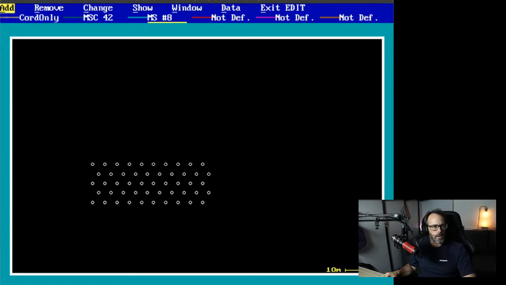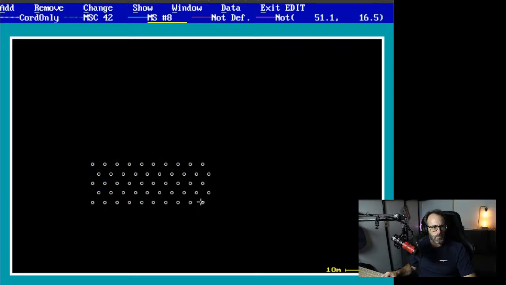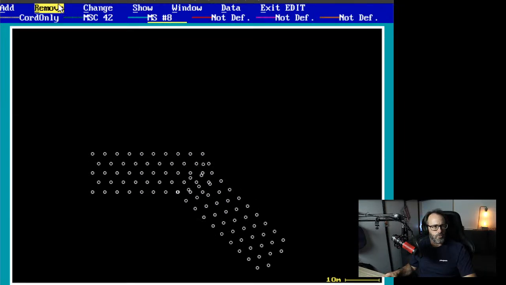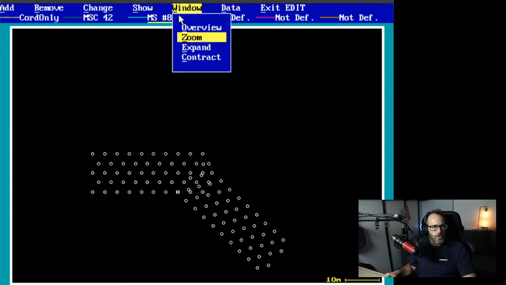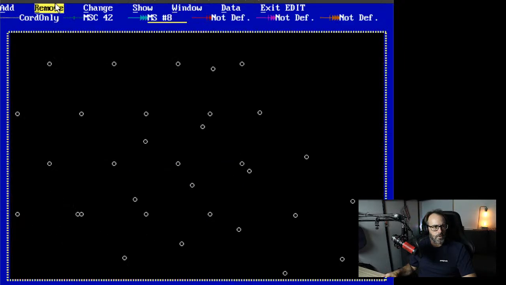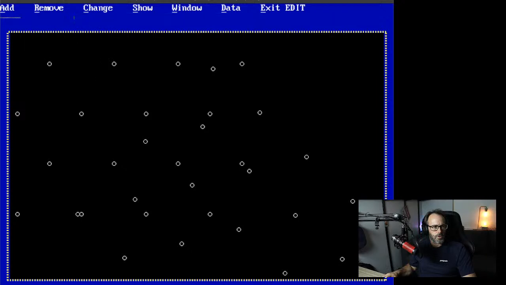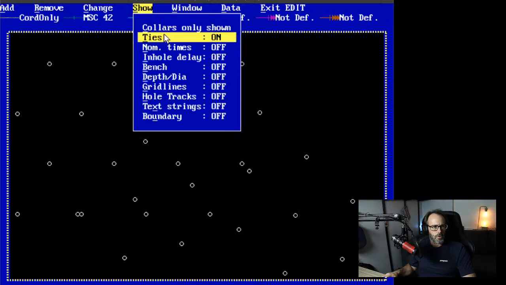Well, let's add another pattern as well. Do the same thing, except we'll bend it around the bench. Yeah, let's bend it around the bench like that. See, someone's gone and designed it like that. And then we'll come in here and zoom in to this area. We'll get rid of some of this mess. We'll remove holes, and maybe before we remove holes, single hole, let's just show the